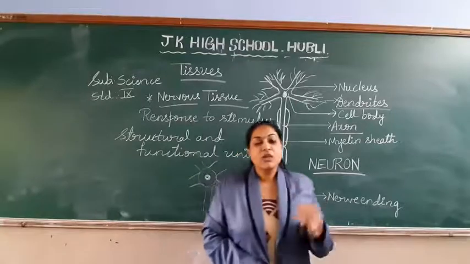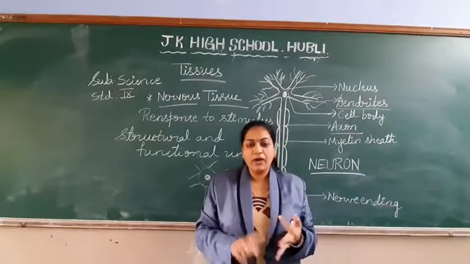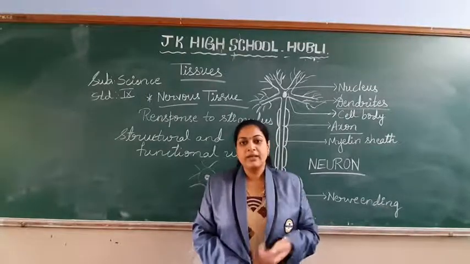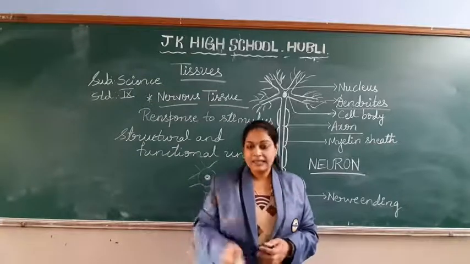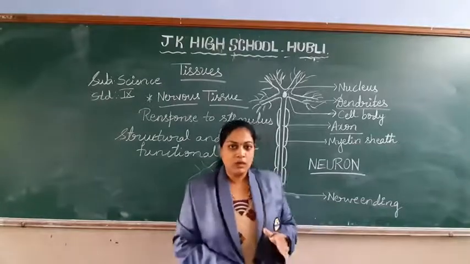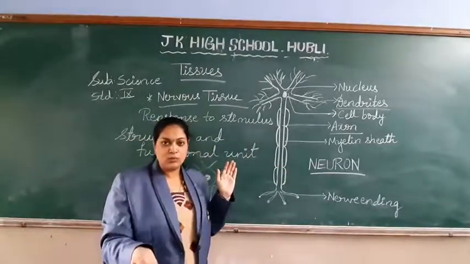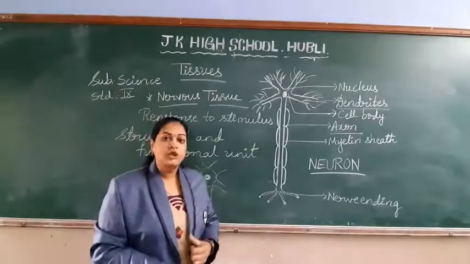Right, students? In the nervous system, as I told you, the brain, spinal cord and the nerves come. The brain, spinal cord, the different types of nerves and how many there are, all that we are going to discuss in our higher classes, 10th standard. Again we have one chapter. For the time being, what to learn? With the nervous system, we are able to give the response to the stimulus. That is mainly with the help of the structure called the neuron.